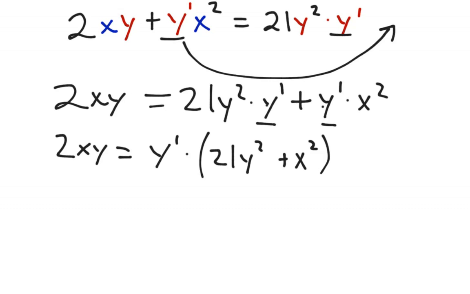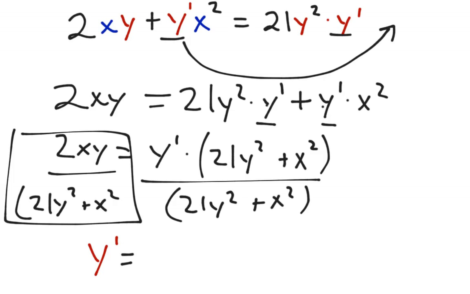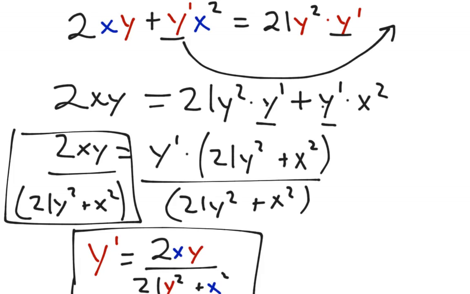Almost done. Now all I have to do is divide by 21y squared plus x squared on both sides of the equation, like that. And that's my answer, basically: y prime equals this fraction, 2xy divided by 21y squared plus x squared. Just like that. So notice that this is a derivative. This is y prime. And so if we wanted to find y prime at a certain point, we would need to plug in